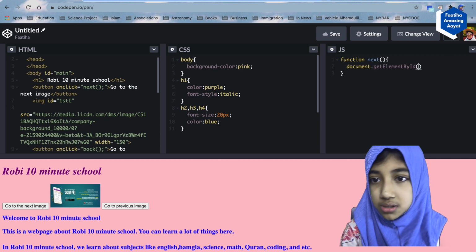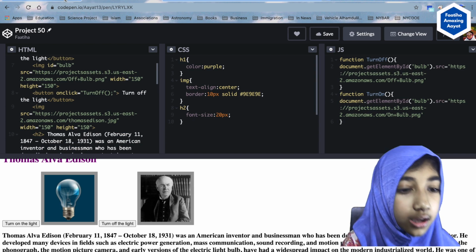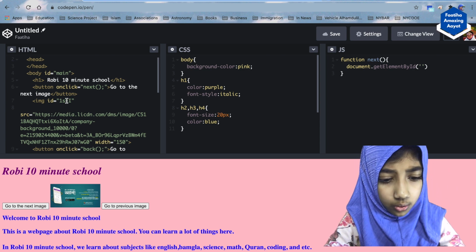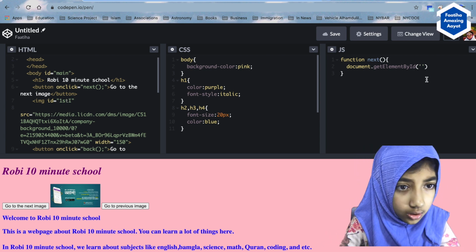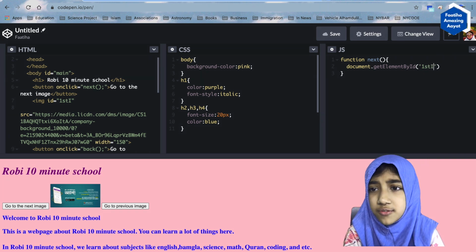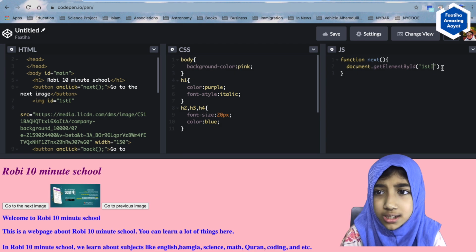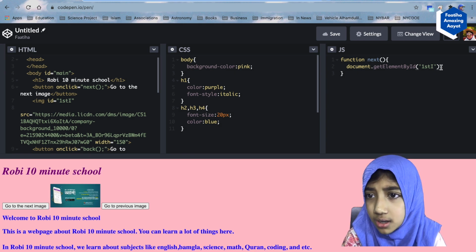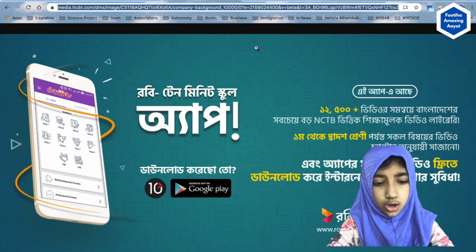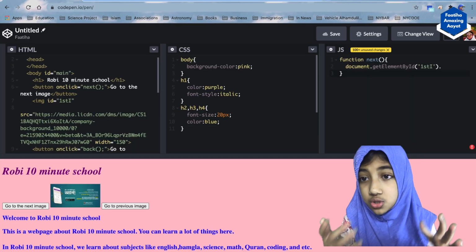See, as we did right here. Okay, so the image. Remember we put the image first, right? So first image. Document dot getElementById first image. Then what we do is dot, right? Like right here, dot source, because what's going to happen is it's going to go to the next image. So dot src, but our source